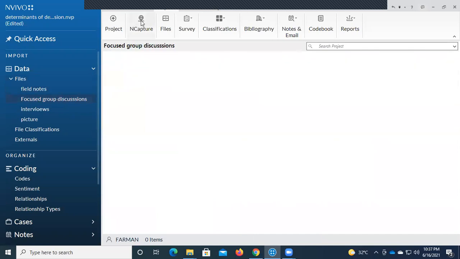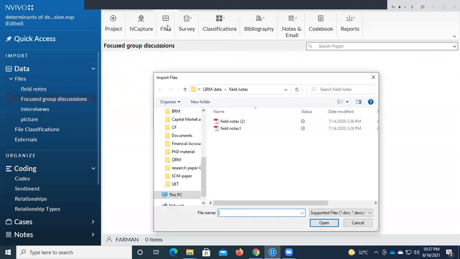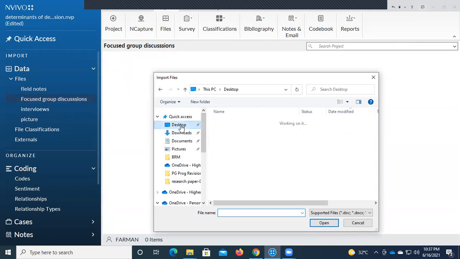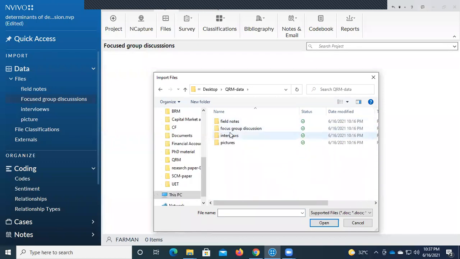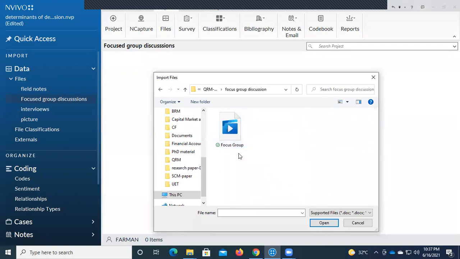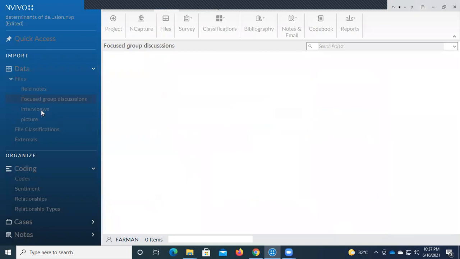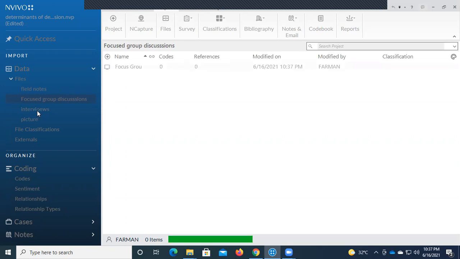Now I'll move towards focus group and repeat those steps again. Files, and I'll get the path where those files are located in my computer. Now focus group discussions, open, import. This will take some time because the focus group discussion is a long video in which different people are contributing their points of view. Once it is imported,